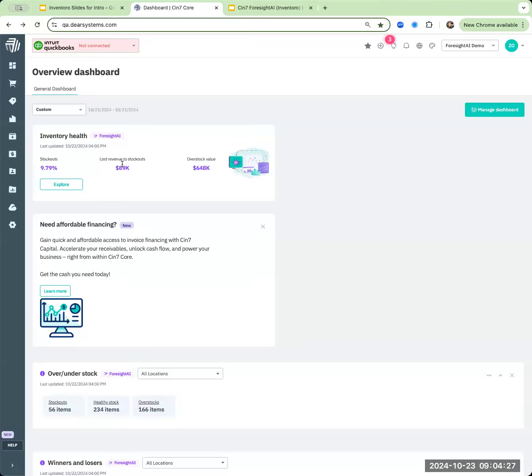And I really like that Foresight AI gives you that snapshot immediately, because that's essentially a red alert saying, hey, this is some low hanging fruit for you. You should be focusing on these items to reorder in order for you to sell them, because that's just missing revenue on the table. The other part of this is going to be the overstock value, which is 650K,